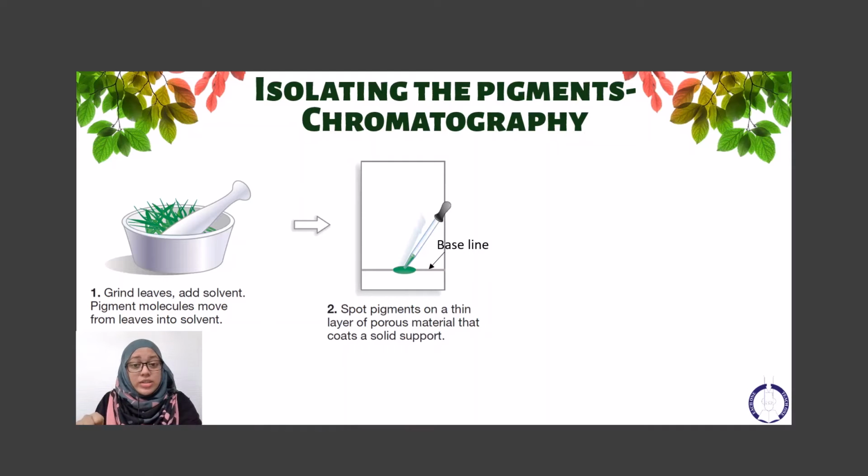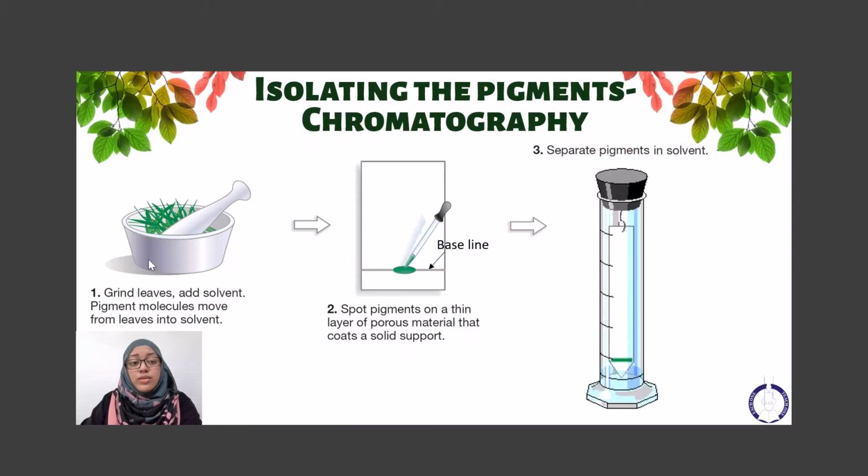And then what you're going to do is dip it into the solvent that you used to make the solution in the first place, and you have to make sure that the pigmented spot that you had is not touching the solvent here, but the paper still does. So once you do that, the solvent is going to rise up, and as the solvent rises by capillary